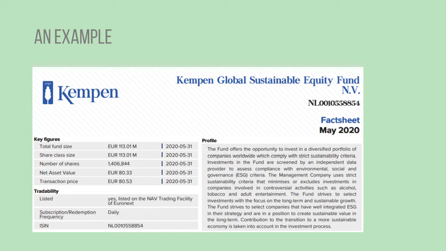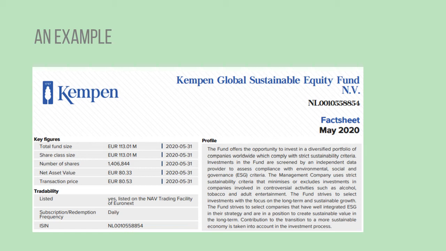That means altogether people have given them a certain amount of money, and that's how much that's worth, that they're actually investing on all these people's behalf into the stock market, into these equities. And it says share class size is also 113 million, and the reason is because you can sometimes have different share classes within a mutual fund, and that's often for maybe non-professional investors that have one share class, and then institutions, maybe pension funds who are investing in this fund might have a different institutional share class, and also whether you're receiving dividends or having them reinvested for you.